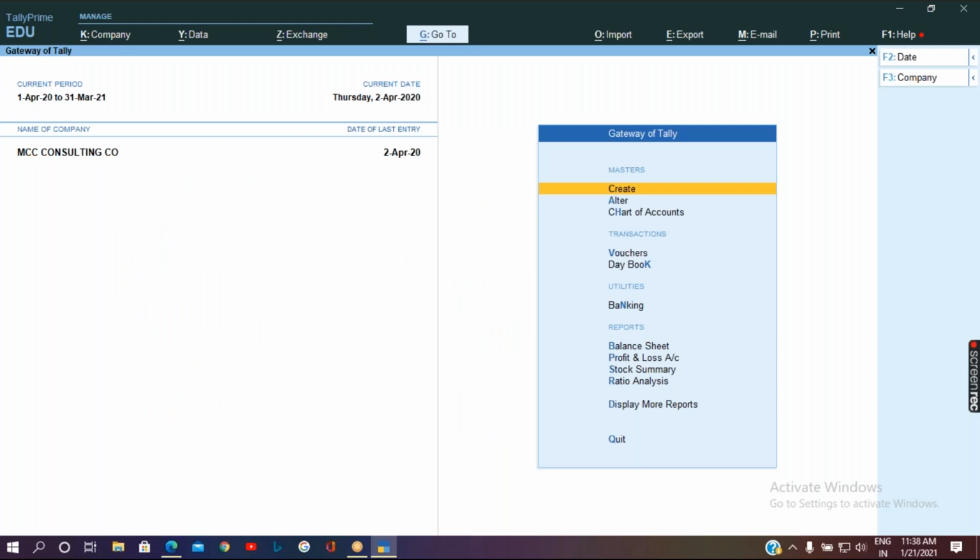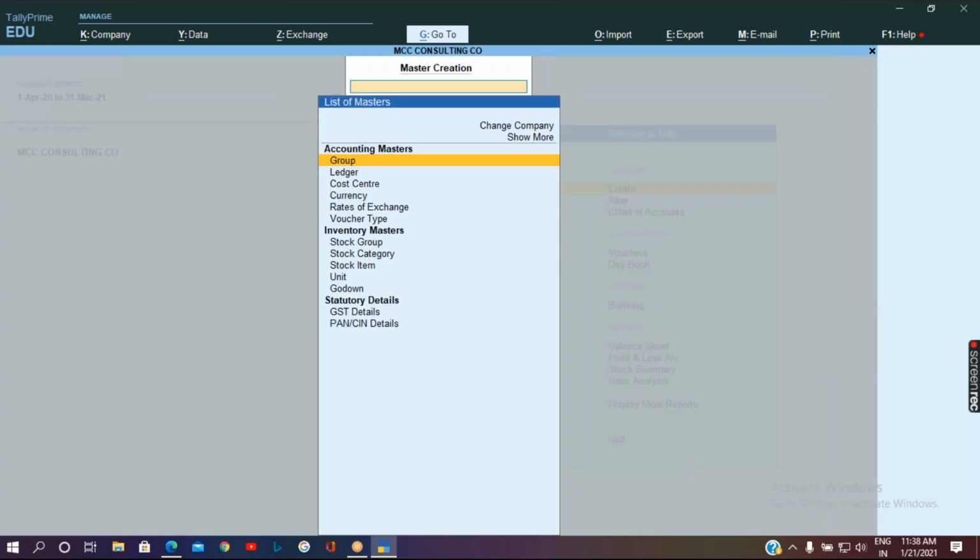So you can go to the creation of masters, create. Under the accounting masters, you will have an option called cost center. You can go to the cost center option and create it. In case you want to give the cost details based on multi-layer information, for example, I may have a sales department. If I want to calculate the expenses or income occurred through this particular department on the whole, in that case I can create it as a cost center.